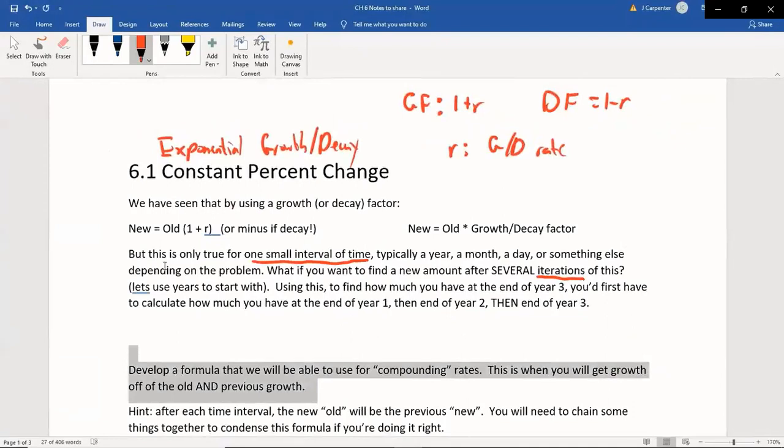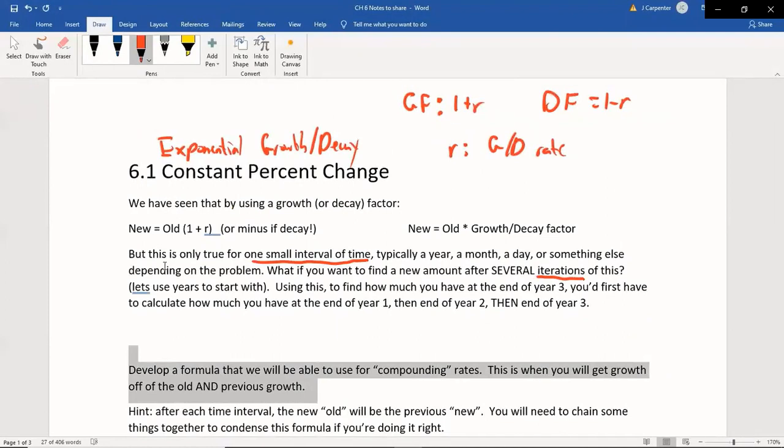This is when you will get growth off of the old and previous growth. So the idea of compound interest has been addressed in here very lightly previously. We saw when we had that TV loan problem, when we weren't paying it off at all, the interest for the first month was, say, $10, just throwing a random number out there. But then the interest for the second month was like $10.10. And then the interest for the third month was like $10.21. And then